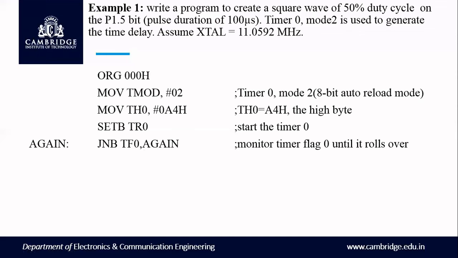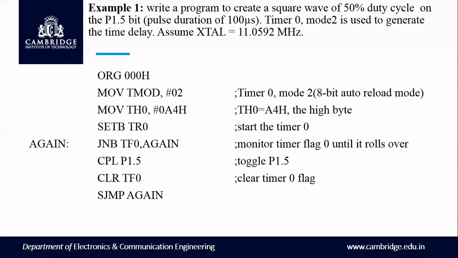When you come out of this loop, in order to generate a square wave, you need to complement this particular bit on port pin 1.5, so that you are going to generate a square wave. Then clear the TF. Again, we need to repeat the same to generate the square wave. So SJMP goes back to here again after clearing TF0. SETB TR0 means the timer was started. We are not clearing it, so it will be set always. Whenever it rolls over, again it will run. So we call it auto reload mode. Then we can write END. This is how we can write assembly code for generating a square wave using mode 2 operation.